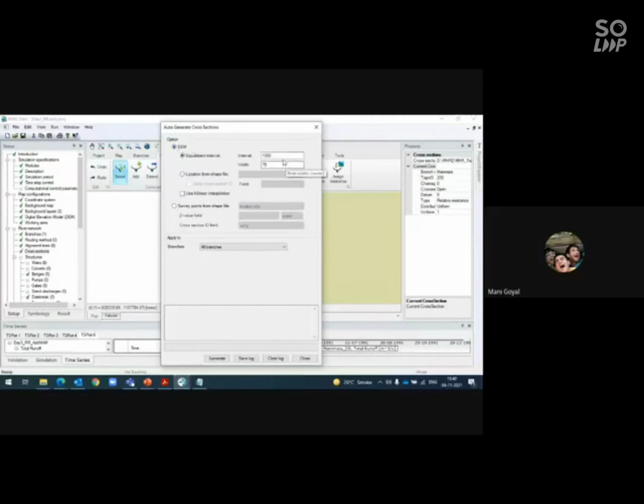For now, we have the DEM. So first is your interval, that is the interval between two cross sections. Second is the width of the cross section. If you give these values and say table of reaches and say import all, for now I have one river only. So at every 1,000 meters, that means we have 94,000 long, 94 plus one at the upstream, one at the downstream, 95 cross sections will be generated. So once you say generate, it will generate the cross sections. Let's say generate.